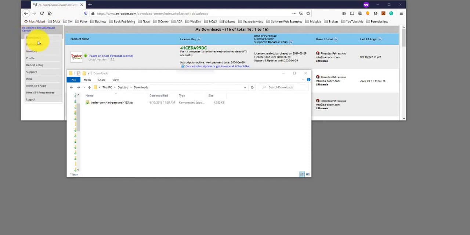So I'm in the download section right now, and I see the Trader on Chart license over there. You can see it's a personal license, and here's the license key, these numbers and letters in green. It also tells me that this is for one computer, and on that computer you can use it on unlimited real